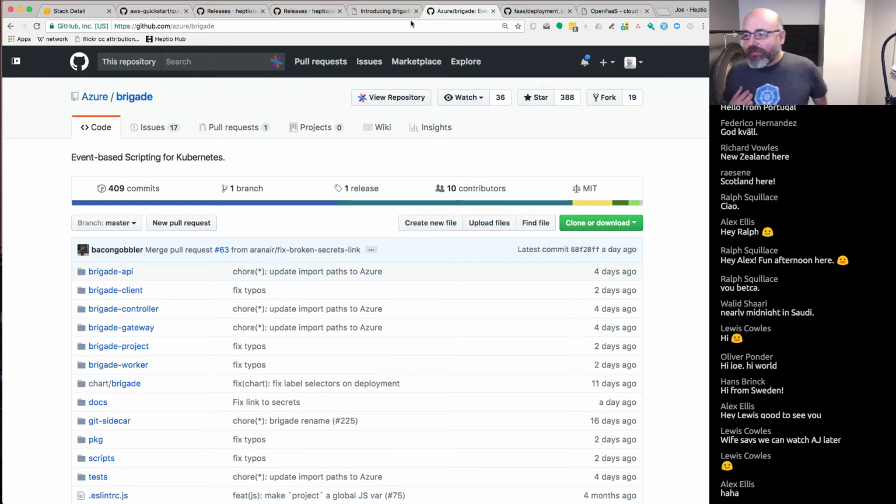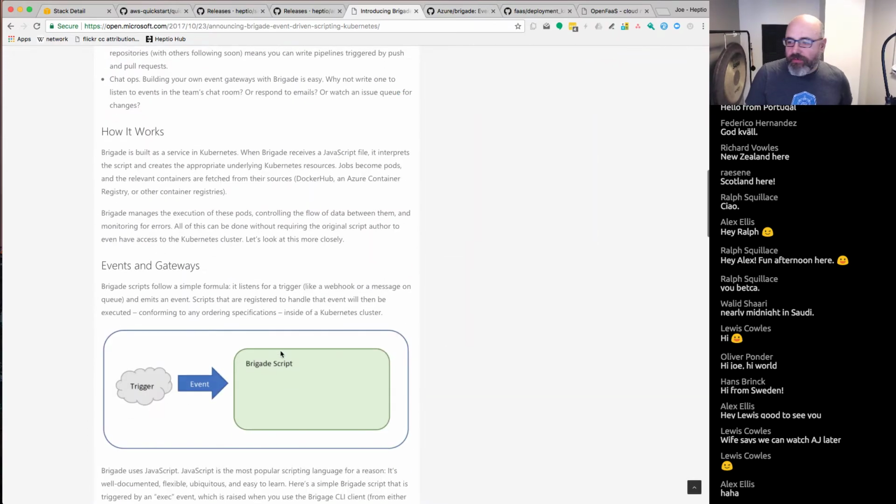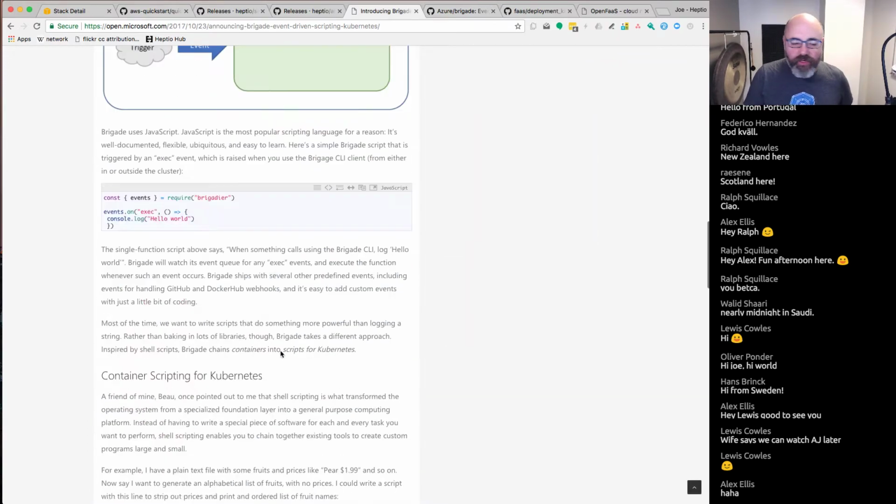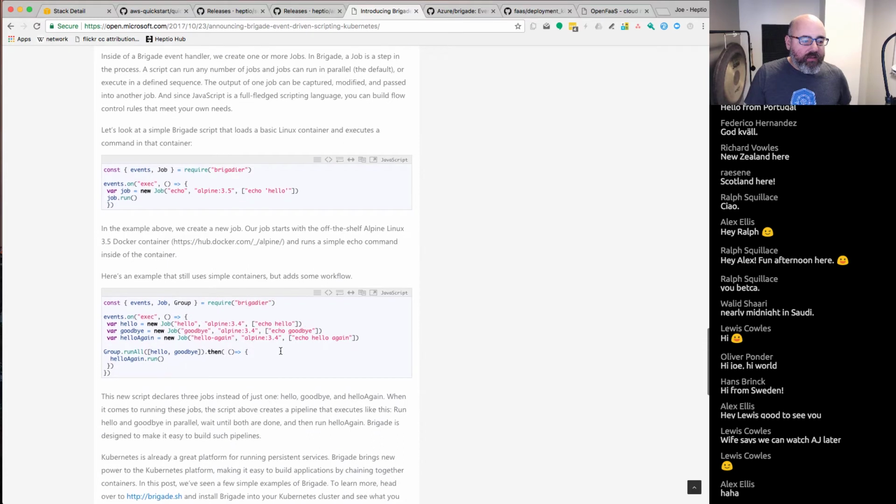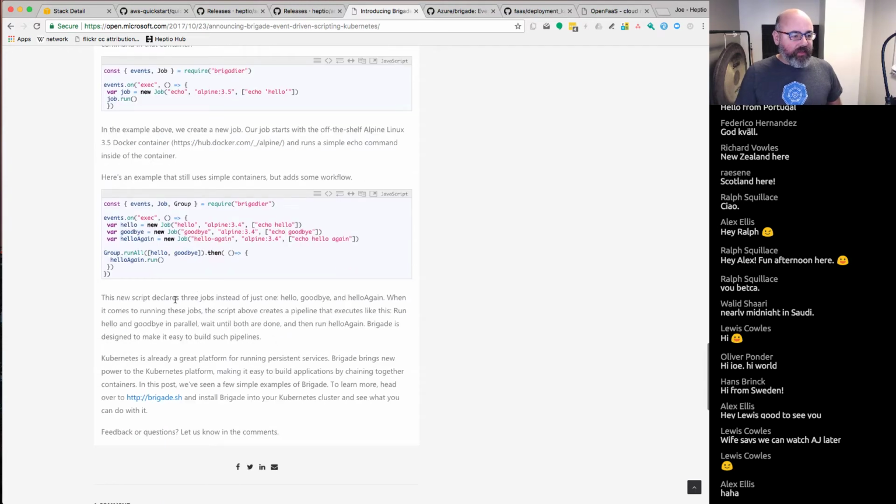So really interesting stuff there. I really want to dig into that. I think one of the things, and we're going to have something more to talk about probably in the coming weeks here, is that this is in some ways overlapping with the work that we've been doing at Heptio with KSonnet, right? Because one of the things that I think is interesting here is that instead of using YAML